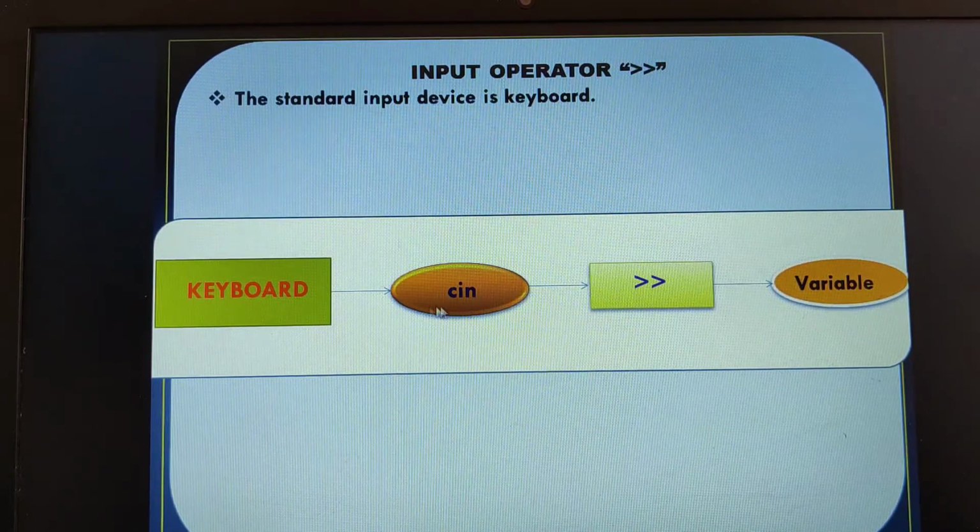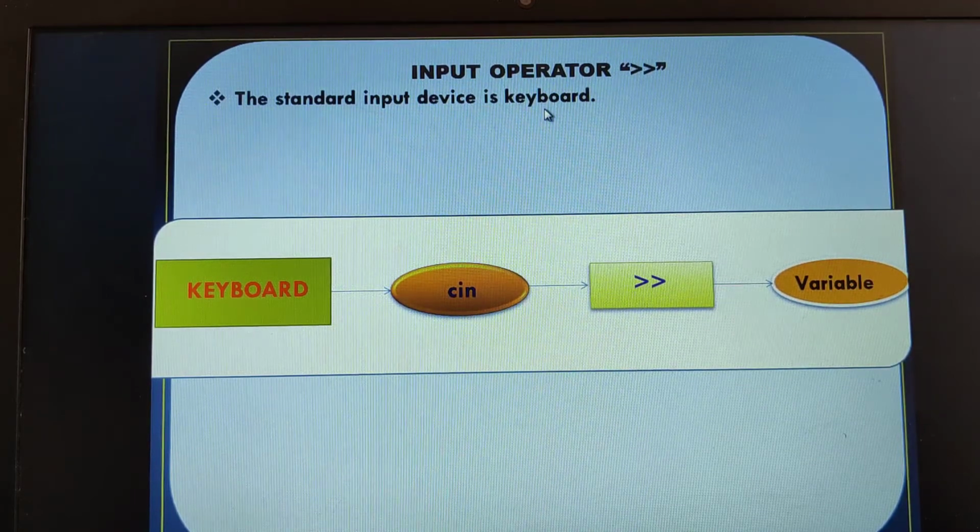Whatever the cin operator extracts from the keyboard will be stored into the computer memory.